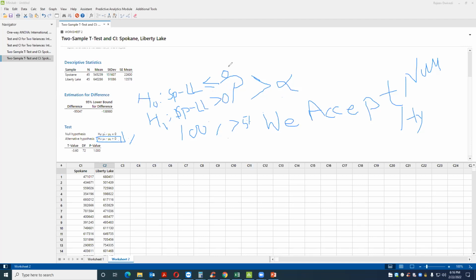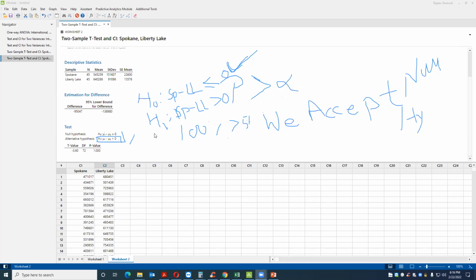So basically this hypothesis is correct, 0 or less than 0, because Spokane housing prices are lower as compared to Liberty Lake, which is correct. And let's check another thing, which is the third hypothesis, that Liberty Lake housing prices are more than